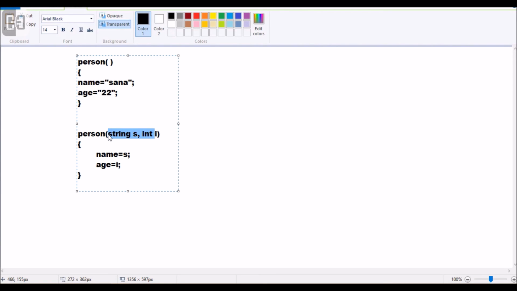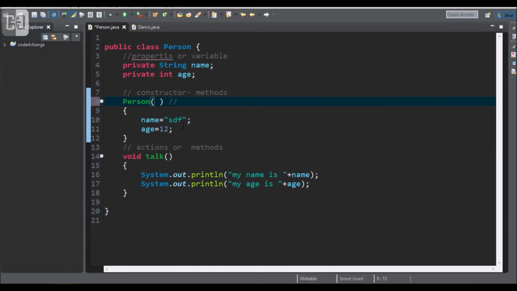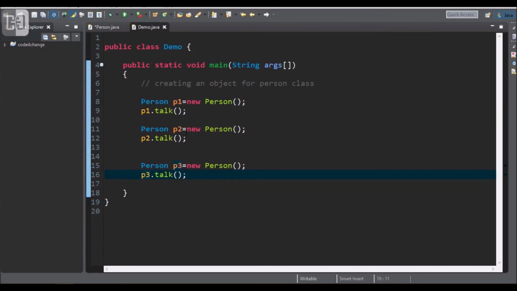Okay, and another thing, as I have said, constructor is nothing but a method. So just remember this, constructor is also a method, but the only action it can perform is to initialize the instance variables. Other things it cannot do. And you can say another difference like this. The calling of this constructor is done at the time of creating the object.